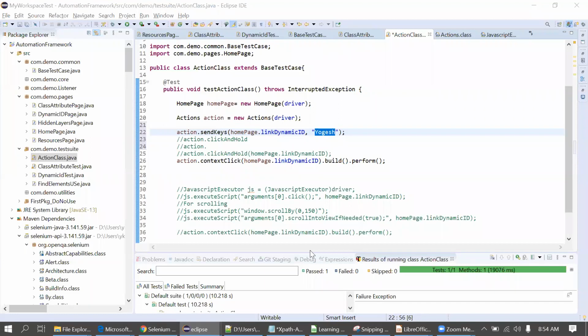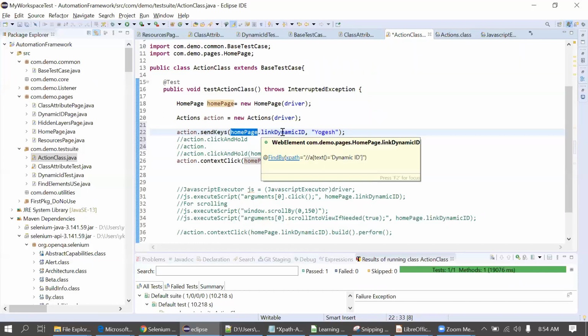Ritesh, you got your answer. We are putting the methods in the action class where you put the XPath. This line cleared my point: home dot link dynamic ID. This we have taken from the Page Factory, right?